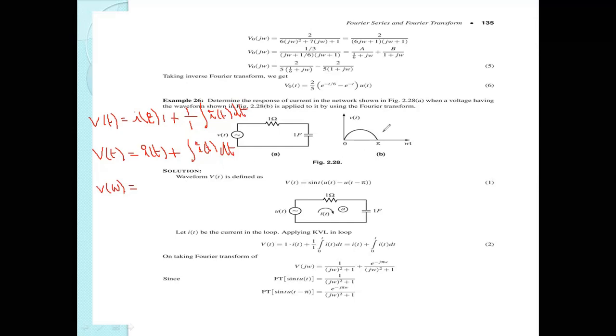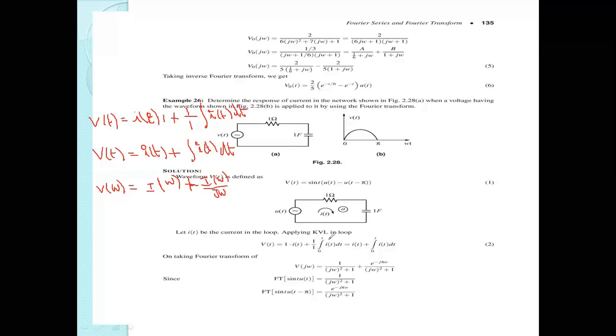I of t is I of omega plus the integral. The Fourier transformation of the integral is 1 by j omega into I of omega. So by the j omega we will get 1 by j omega into I of omega. And here it is saying that v of t is equal to I of t plus 1 into the integral 0 to t